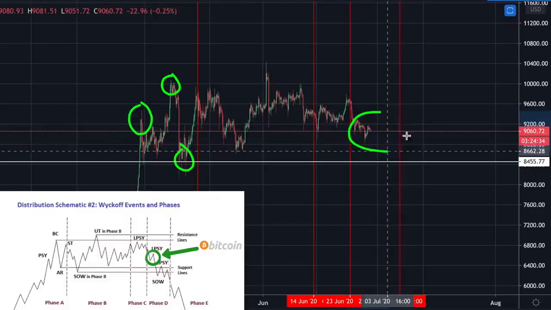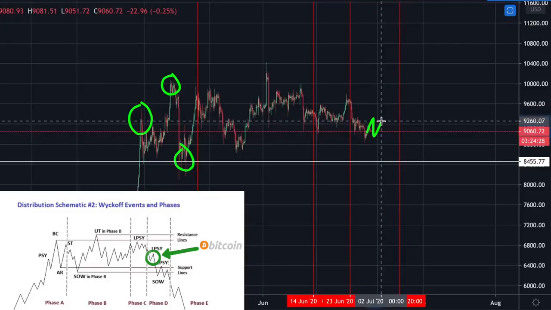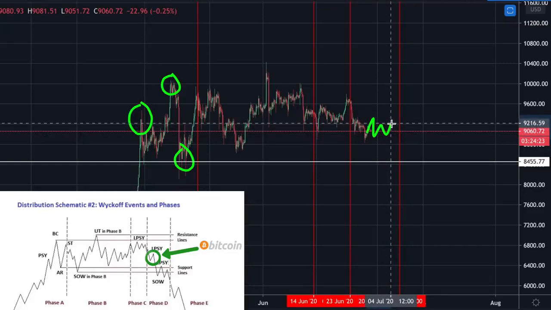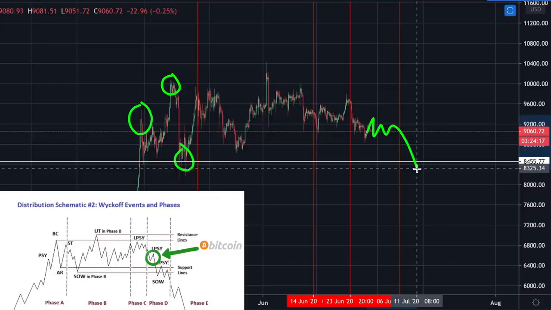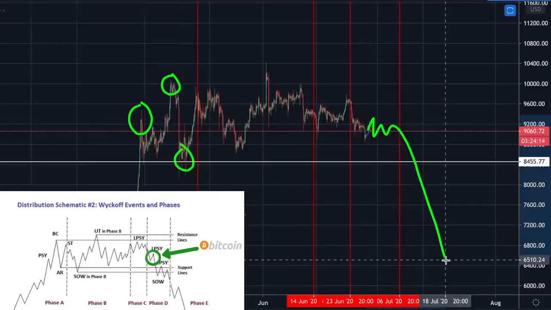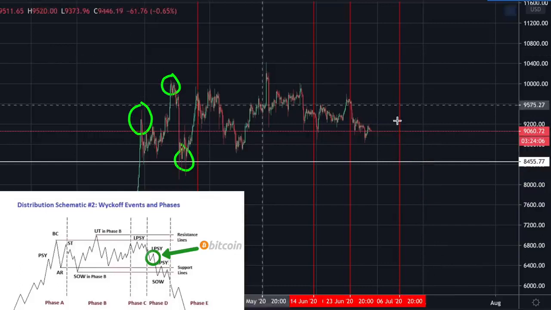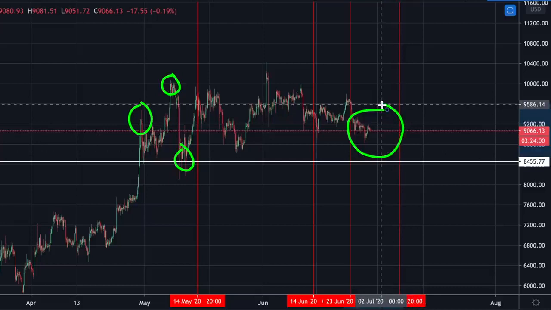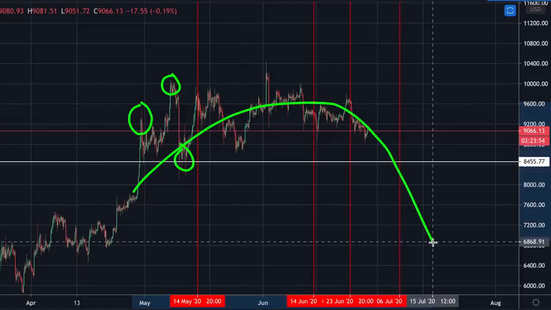So basically, we are in phase D now, and according to Wyckoff, it's possible that we might see small pushes up here that might look like we're going back up again, but these are actually just great opportunities to add to short positions before phase E, where we are actually going to break the support and start this downtrend. Like I said, this is not guaranteed, this is not confirmed yet, and as long as we are above 8.5, then we haven't actually seen a confirmation of this. But let's keep this in mind and pay full attention, because there is a risk that we are going to see a completion of this Wyckoff distribution pattern.